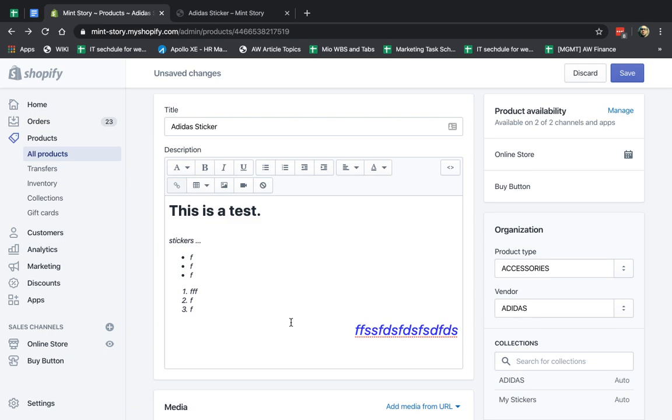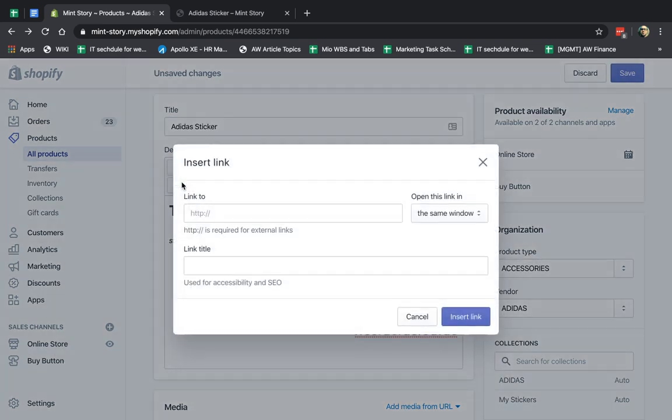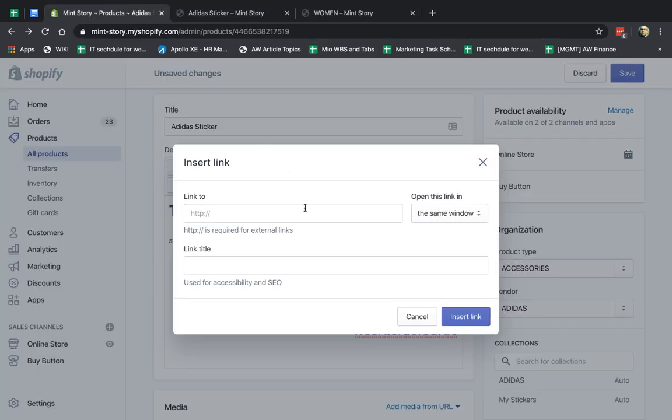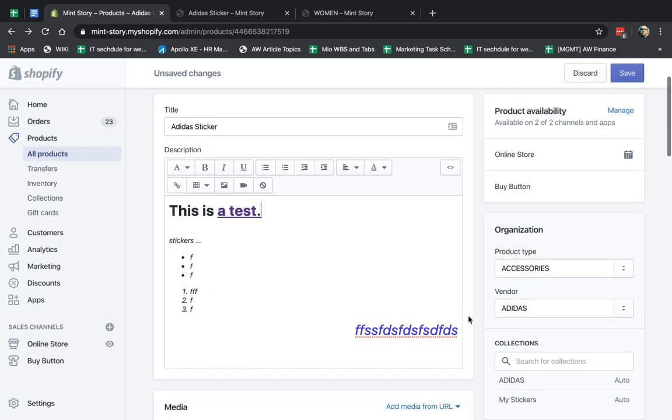And I can also create links, which is very important. So for example, if I want these two words to be links, I'll click here and find a link, for example, I'll link to the women's page, the women's collection. I'll link here, put my SEO title tag, for example, describing the page, the women's collection. Okay, and I can decide if I want to open, when someone clicks, if they want to open it in the same window or a new window. Okay, so let's click insert.